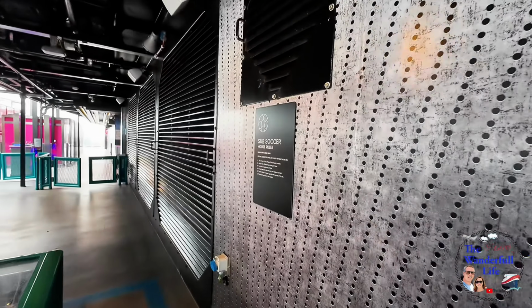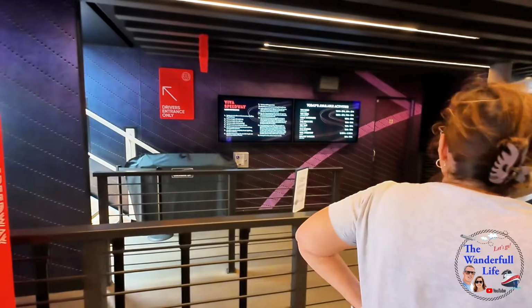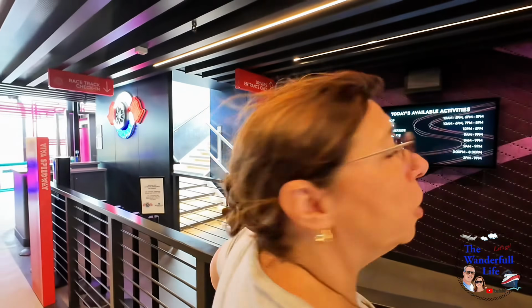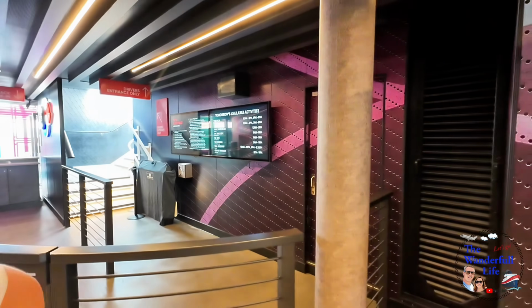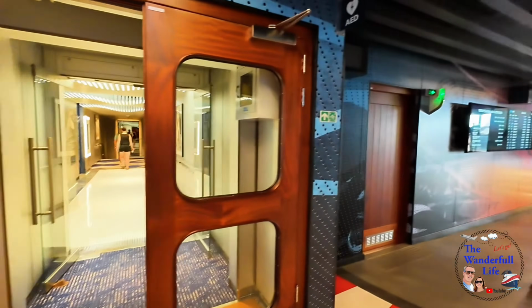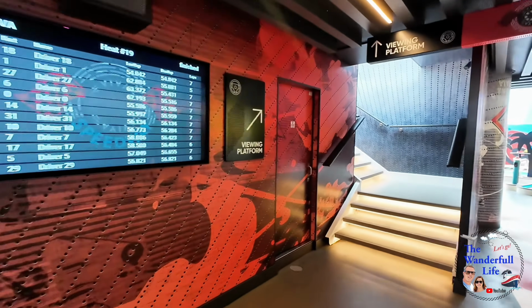Yeah, the house rules to sub soccer, which is the little tables. And the Speedway, you just head up the stairs. Yeah, so they do offer Speedway passes. Like, you could buy them for the entire time you're here and race unlimitedly when they're open. Otherwise, I think it's $15 a person for one 4-minute ride. You can go up to the viewing platform and then get